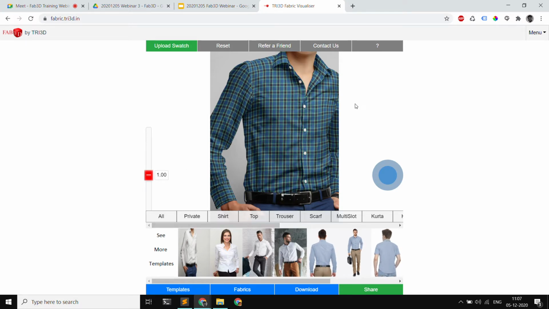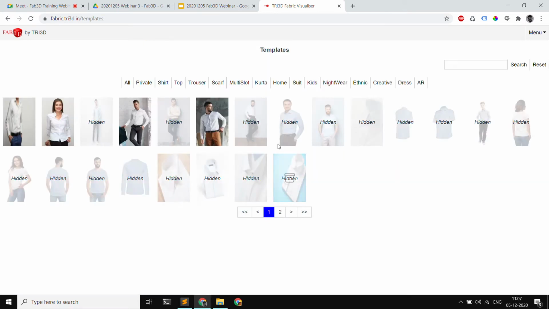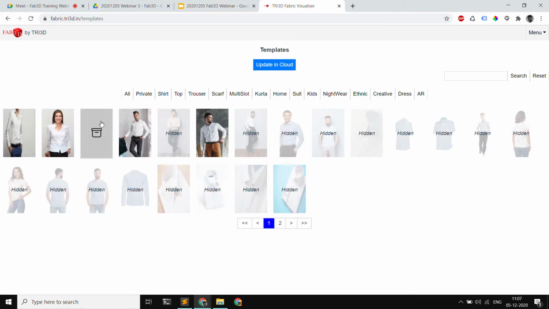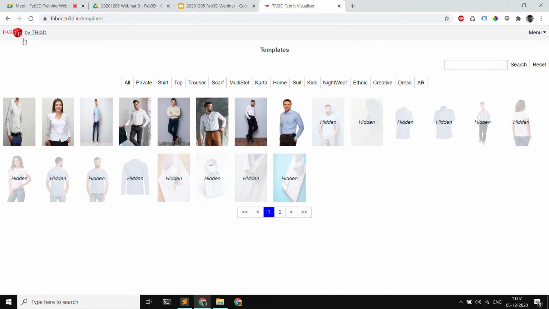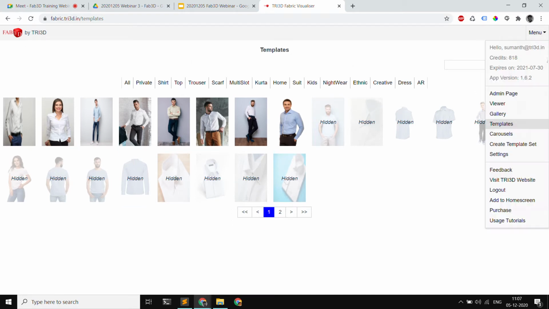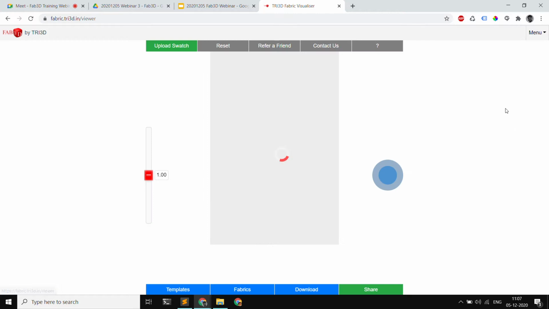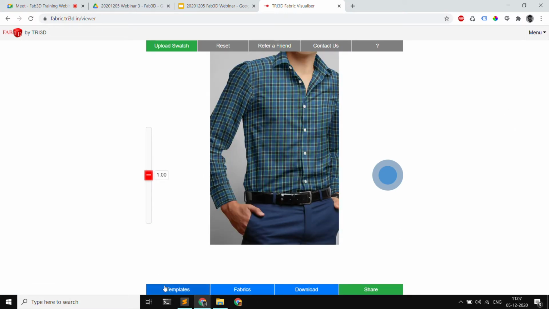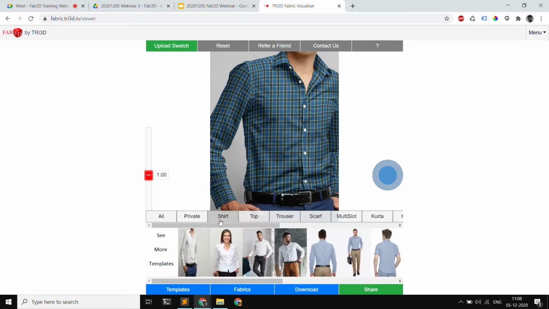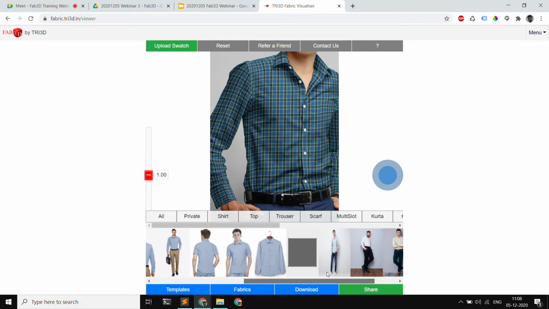So we have hidden a few templates. You can click on see more templates, and unhide whichever template you want to see. Just click it and then click on update cloud. Once you come back, click on menu and viewer, and you will see all the templates that we have activated.